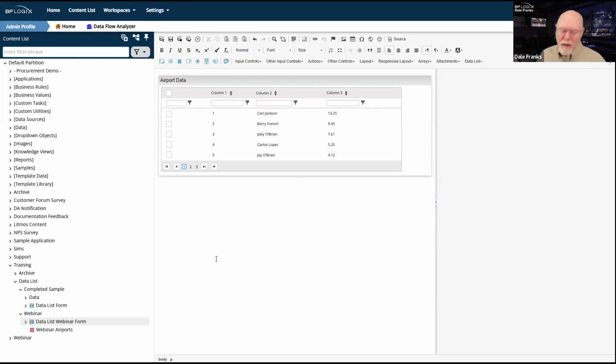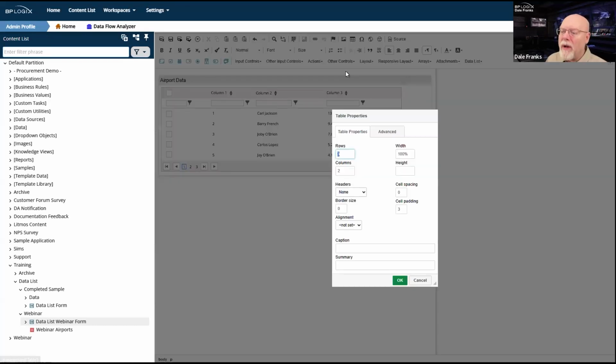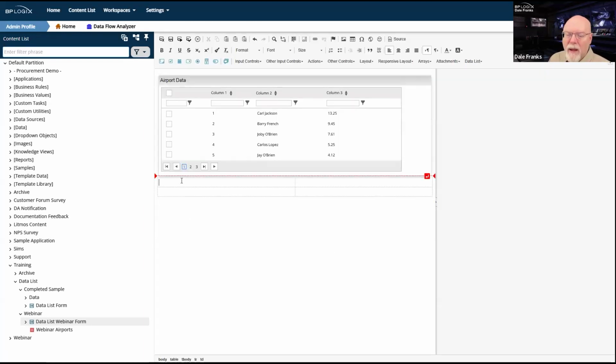So let me just drop in a couple of fields down here. I'll throw it into a table. Two rows will be fine. Two columns will be fine. Actually, I didn't even need two rows. One row would probably have been fine, but we'll live with it as is.